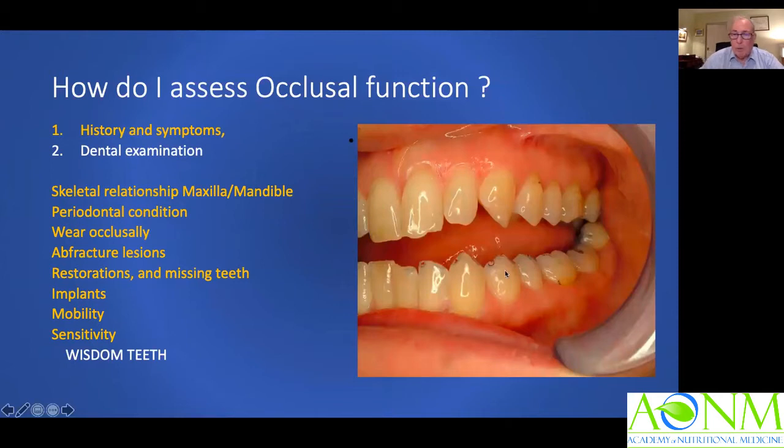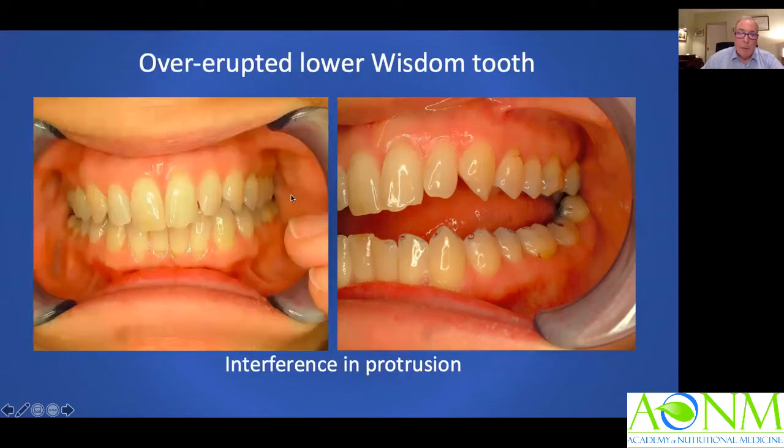Wisdom teeth are worth a special mention as well, because they can remain in plain sight. You can't even see, looking at the patient biting normally, that they've got a problem wisdom tooth until they protrude their jaw, and that becomes a point about which the muscles can feel and push and squeeze and rub and rock on that, and they can be making merry on that all night long and create havoc. And this particular lady had lots of functional issues, I seem to remember, and she was a keen runner and was finding problems which her chiropractor probably would have been fixing. But this is, anyway,